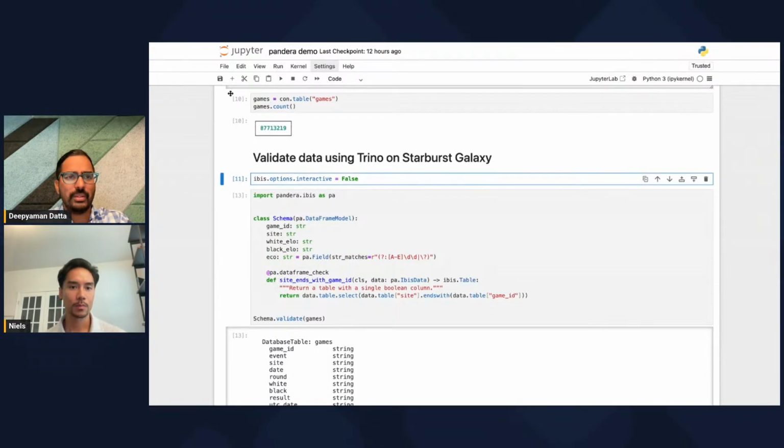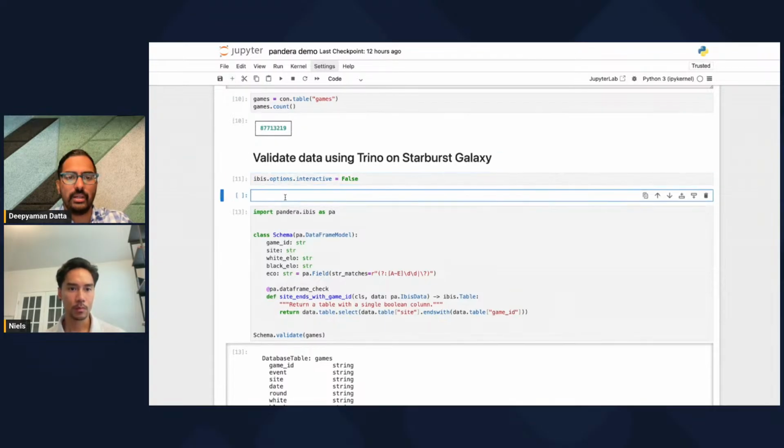And I could probably even take a quick look here if I were to do games.filter, let's see, eco equals a question mark. We could probably see what some of these look like. Let's just look at a preview of it.